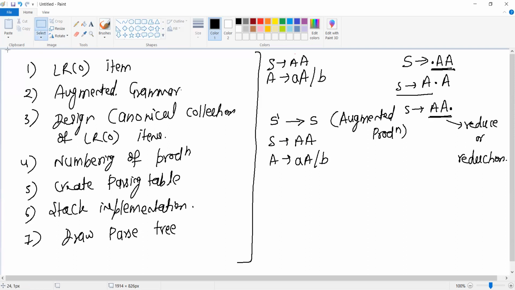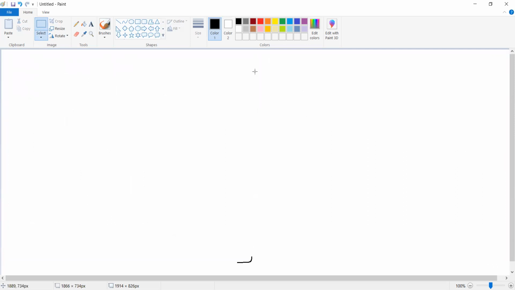Now I'll clear the screen and I'll start all these steps of this particular grammar now. So as per the last screen, the grammar is converted into the augmented grammar. This is the grammar now. Fine. Now I'll start making the canonical collection of the LR0 items, and before that I'm doing the numbering of the productions.